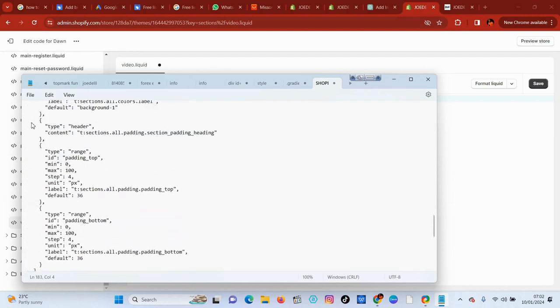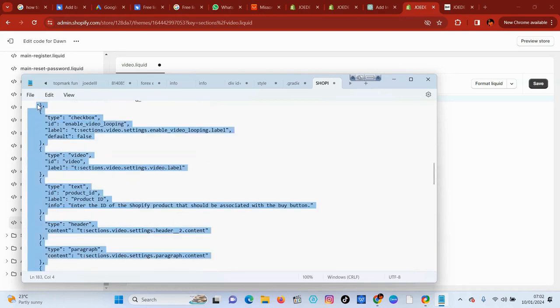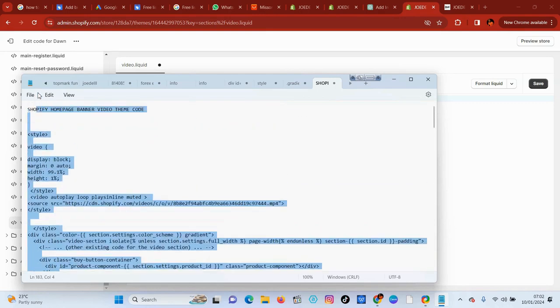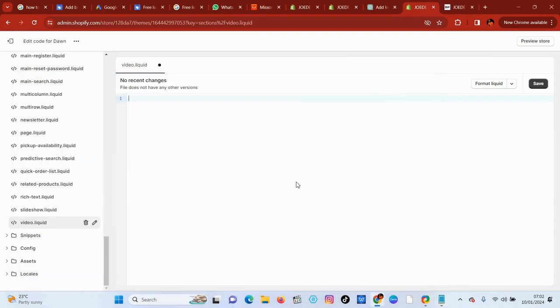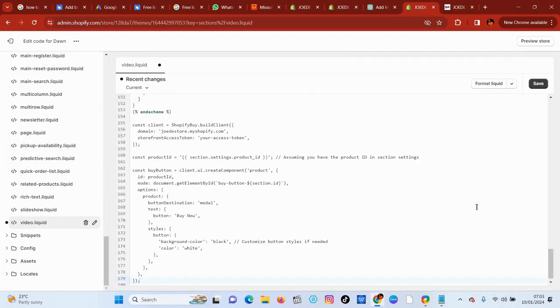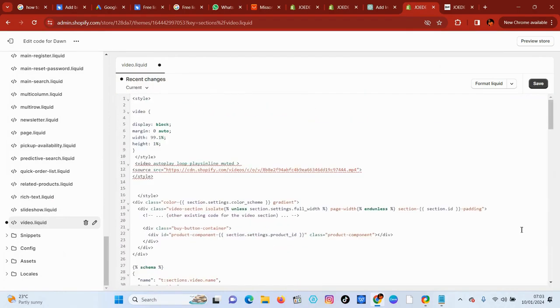Just copy the code just the way it is, very simple, and paste the one we have copied already. So when you paste it, all you need to do is